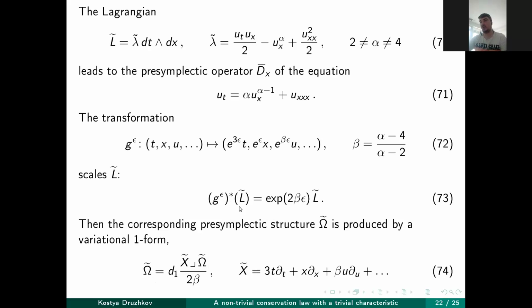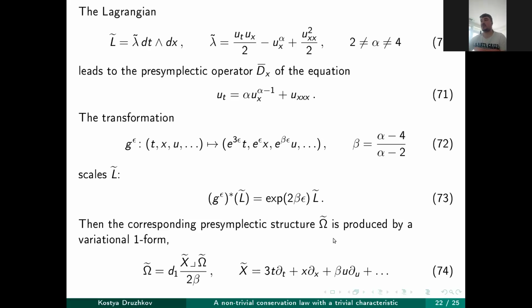It's easy to see that if we calculate the corresponding Lie derivative, that is, we calculate the derivative with respect to epsilon at the initial moment, then we have a non-trivial constant factor here, right? So the Lie derivative scales the Lagrangian as well. This means that the Lie derivative of omega is proportional to omega. And just using this factor, we see that the corresponding presymplectic structure is actually variationally exact. So it cannot survive to the second page. The symmetry itself, on the level of the corresponding infinitely prolonged equation, has this form,